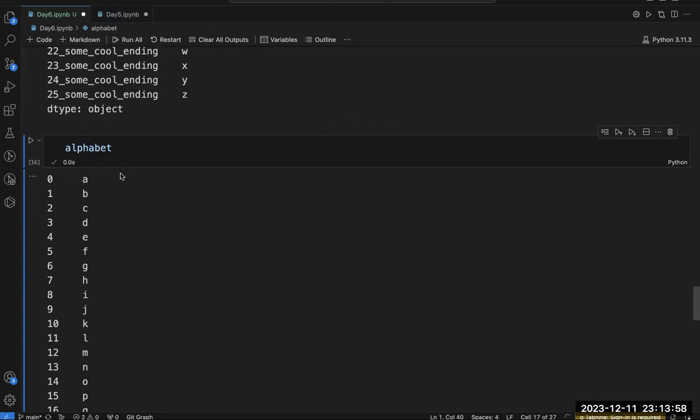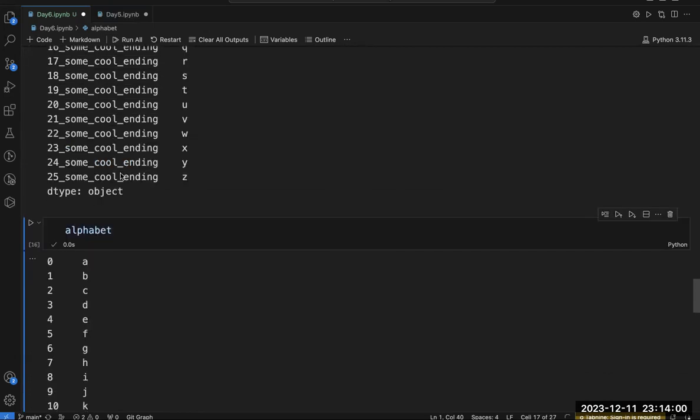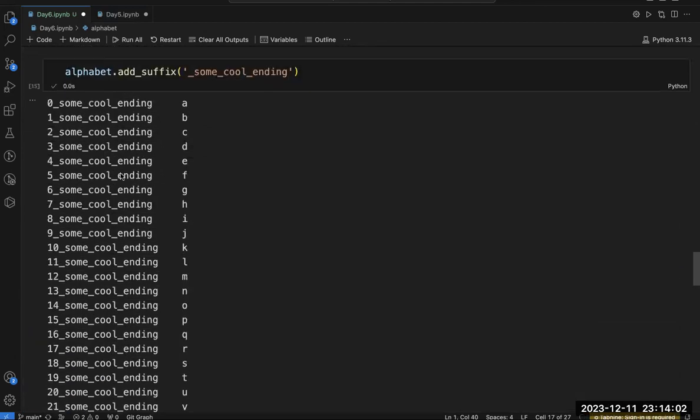So let's suppose this is a suffix you have added and you want this suffix to get permanently added to your alphabet. What will you do?